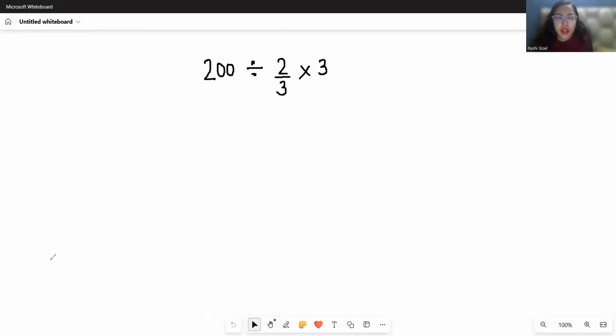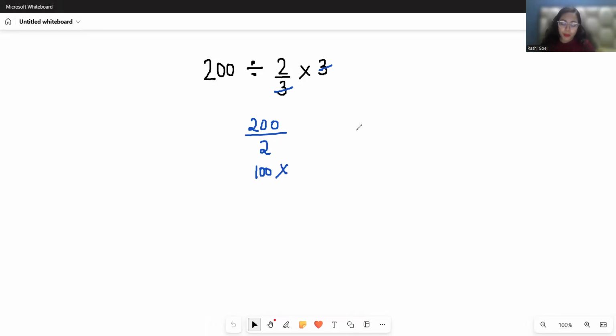Hello everyone, we have given 200 divided by 2/3 times 3. So first we'll do this multiplication, 2/3 with 3, and cancel out the 3 with 3. Then what is left? 200 by 2, and this gives us 100, but it is not the correct answer because